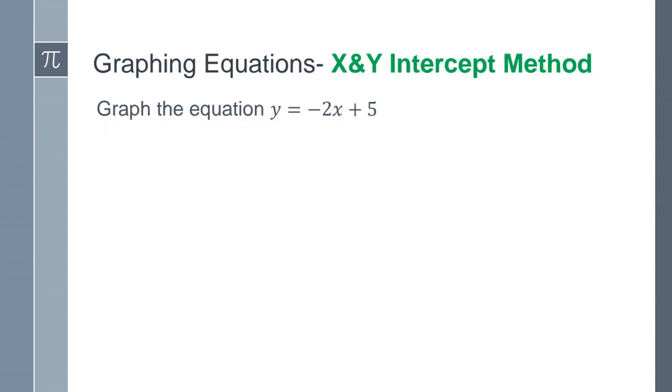Now, another method that we can use works perfectly if you have a linear equation. In your classes, you're going to learn that we know something is linear if the highest exponent for x is a 1. So in this example, the exponent for x is a 1, and so this is going to be a line. If it's a line, then you can use just the x and y intercepts. If it's not a line, you can still use x and y intercepts, but you might need to plot more points so that you can get an idea of what the graph looks like.